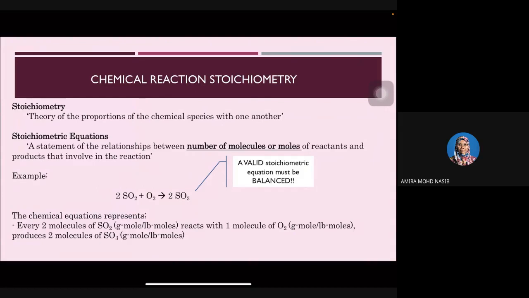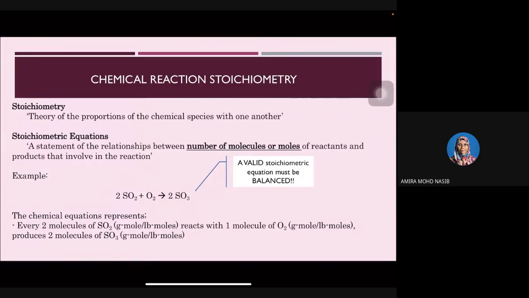It is a ratio of numbers actually. A stoichiometric equation is a statement of the relationship between the number of molecules or moles of reactants and products involved in the reaction, such as in this example,